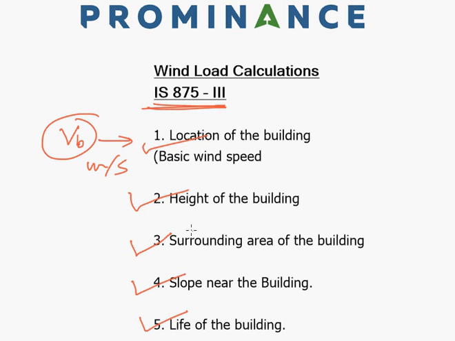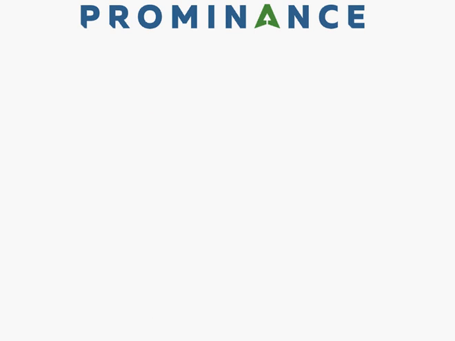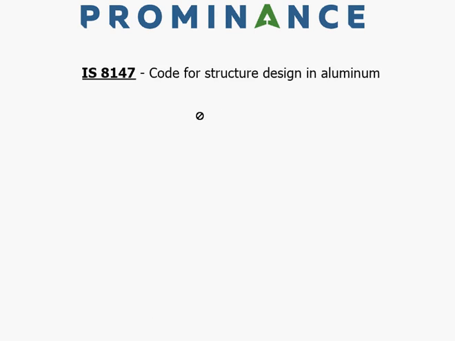So we advise that for any project you should consider this particular standard and then calculate the actual wind loads which are coming on the different faces of the building, and for that wind load you should consider the deflection criteria. So what is the deflection criteria that someone should consider? It's basically